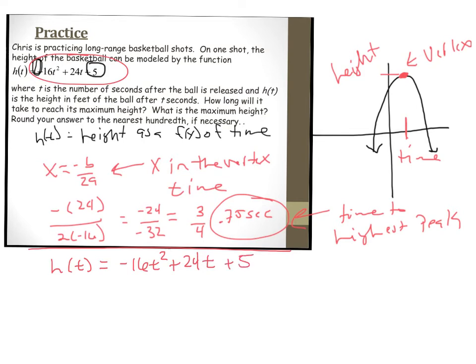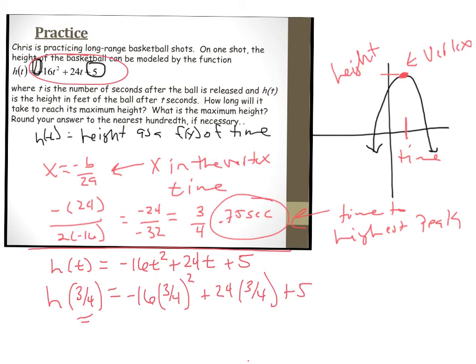Well, if time is 3/4 or 0.75, what's our height as a function of time? 3/4 is the time at which the ball is at its highest peak, so I'm going to plug in 3/4,